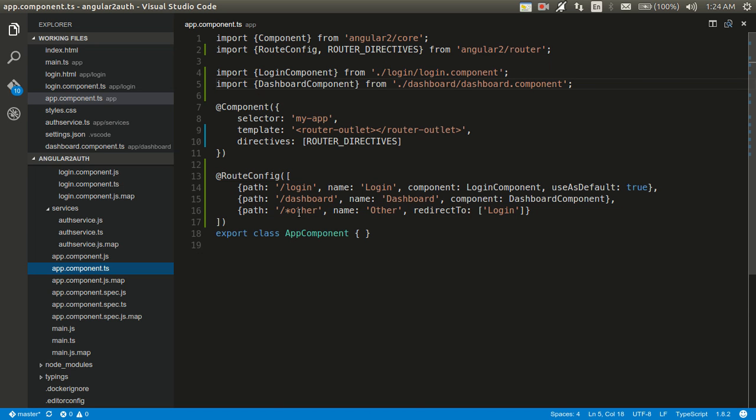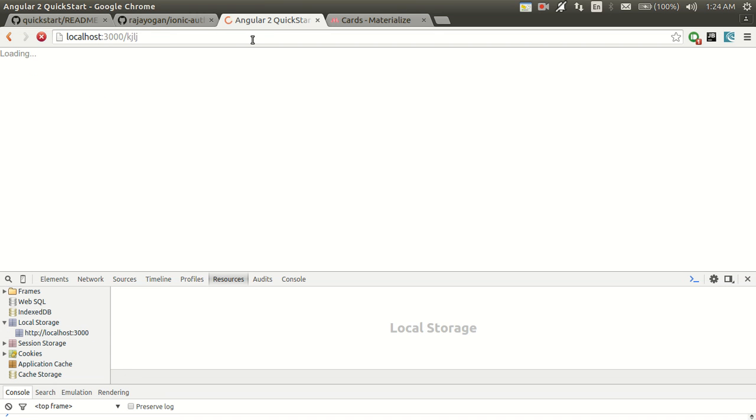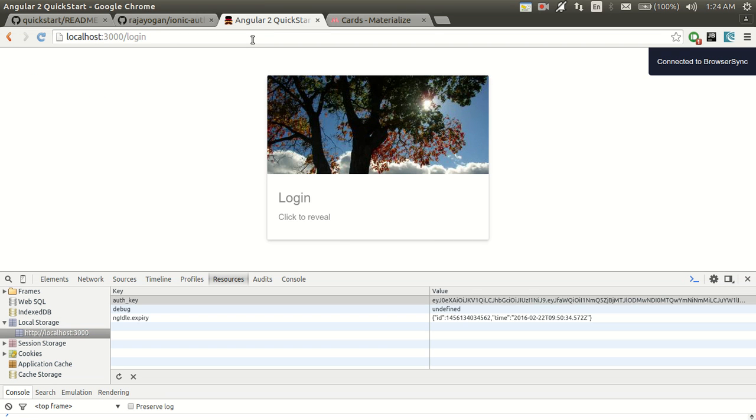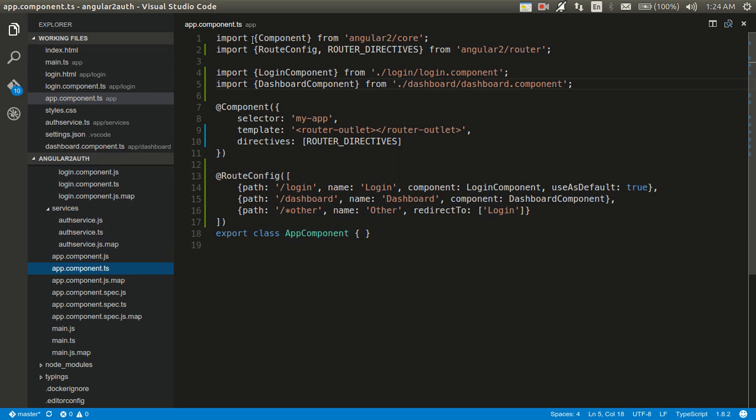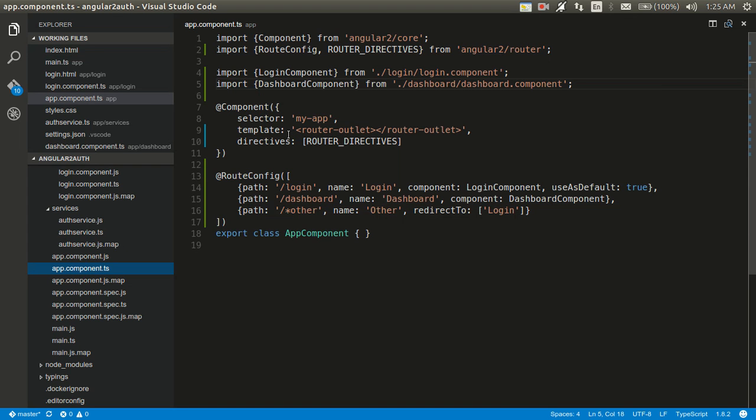For now, what is happening is that it first goes to the login page, since it's the default page, as you could see. Even if I give something else, it immediately takes us to the login page, right? From there, if I give the username and password correctly, it will take me to the dashboard page. From the dashboard page, there is a logout button, and if I click it, it will come out